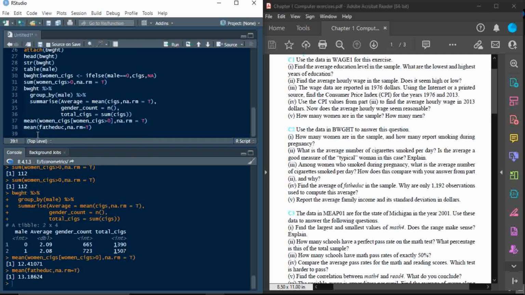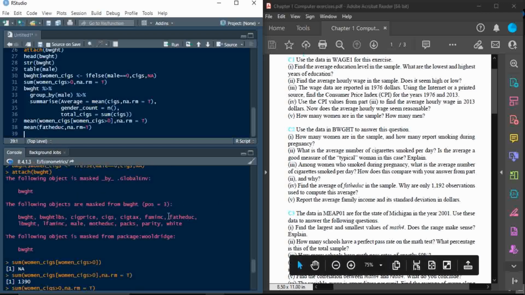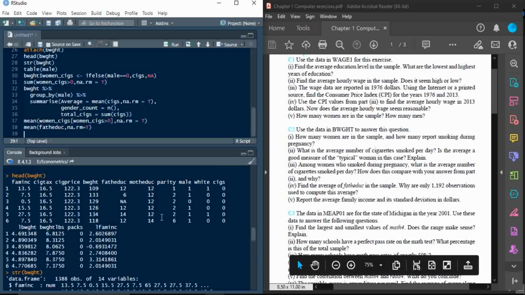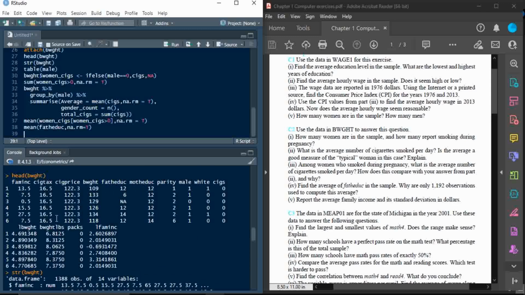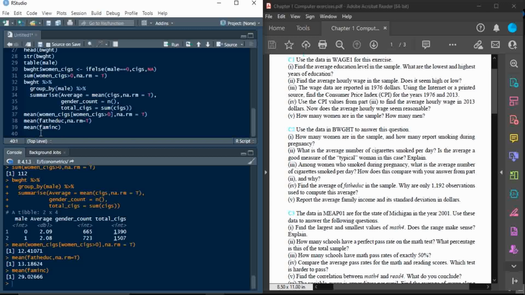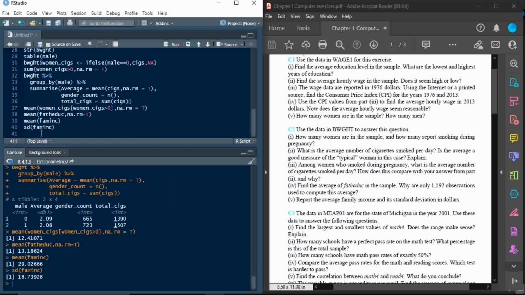Okay, so report the average family income and its standard deviation in dollars. Average family income is represented by this name, family income, and we can also calculate its standard deviation. So average family income is $29.02, and the standard deviation of this column or this variable is 18.73, which